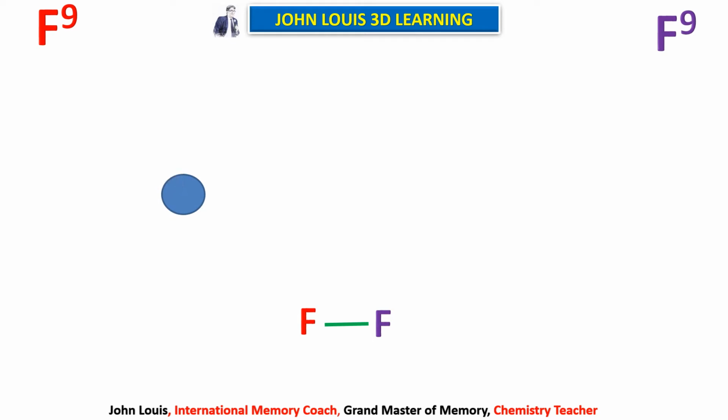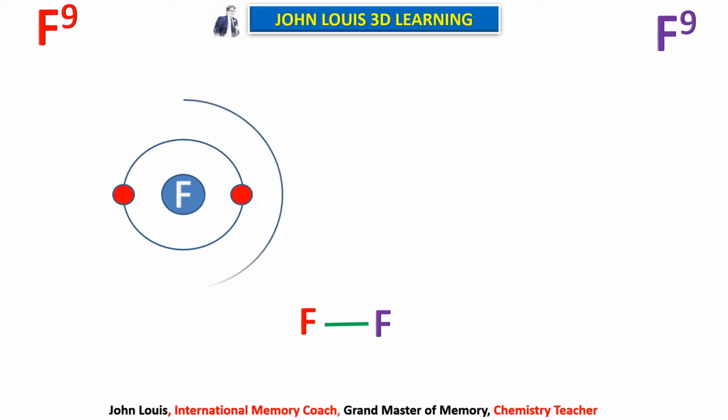Let us take this as the nucleus of fluorine. How are these 9 electrons filled up? First orbit, how many electrons can it occupy maximum? Only 2 electrons. So fill the 2 electrons in the first orbit. How many more remaining? Total 9, 2 are filled up in the first orbit, so 7 more electrons are remaining. Now we have to fill the 7 electrons in the second orbit. 1, 2, 3, 4, 5, 6, and the last electron 7. But it can attain stability by gaining one more electron.